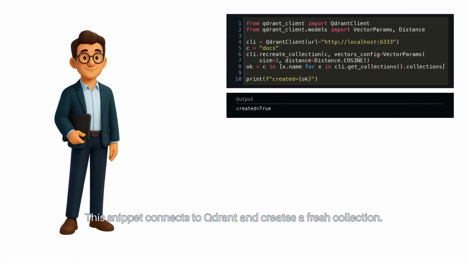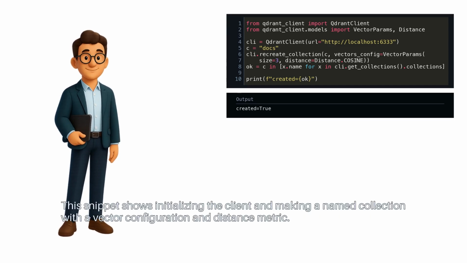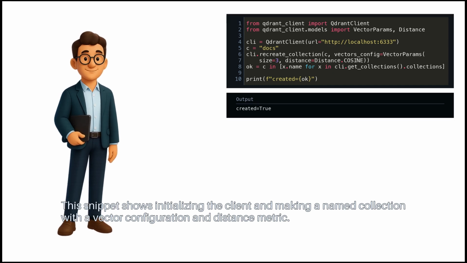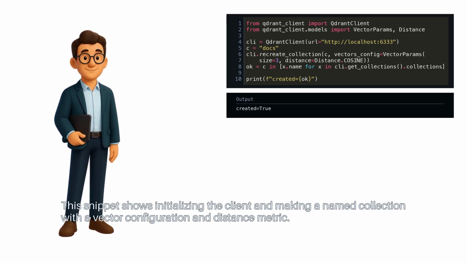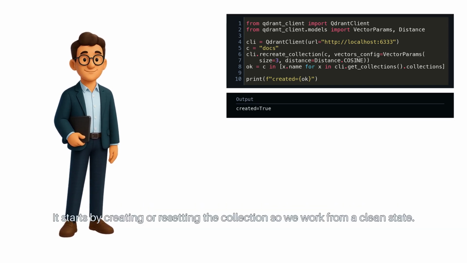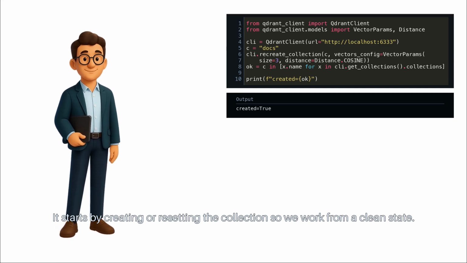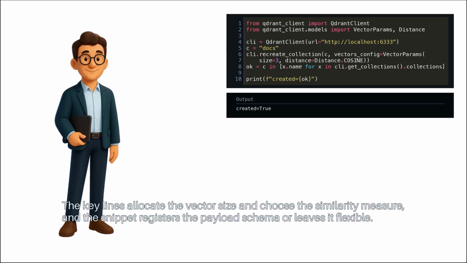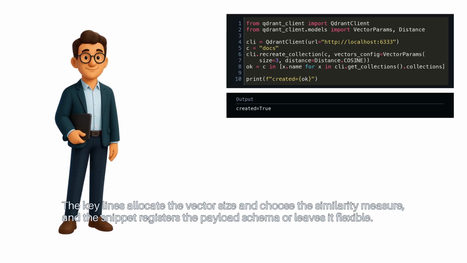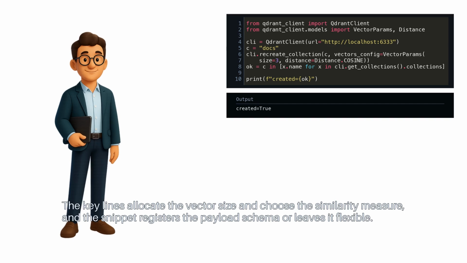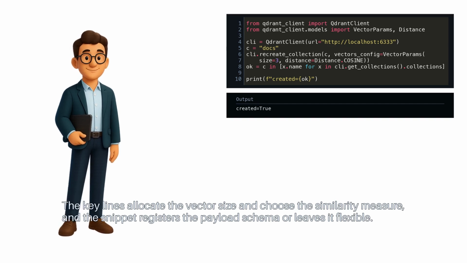This snippet connects to Qdrant and creates a fresh collection. This snippet shows initializing the client and making a named collection with a vector configuration and distance metric. It starts by creating or resetting the collection, so we work from a clean state. The key lines allocate the vector size and choose the similarity measure, and the snippet registers the payload schema or